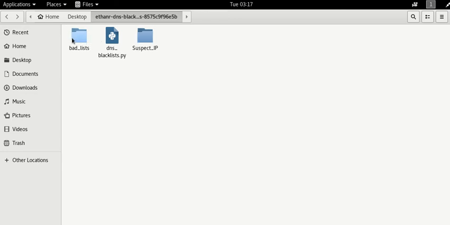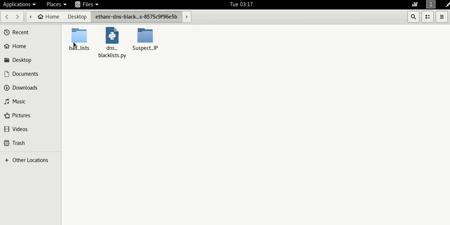In badlist, we will be having the list of all the IPs. That means all the log files will be present in the badlist. And in suspect IP, we will be keeping the IPs from where we do not want to receive any traffic in our network, or the IPs that are suspected. Clear from the name only. Say for example, I want to avoid 5 IPs from where I do not want to receive any traffic in my network. So I'll be keeping those 5 IPs in the suspect IP folder, and they will be compared against the badlist. In badlist, we have the log files and both of the folders will be compared.